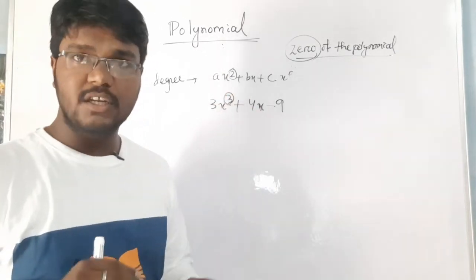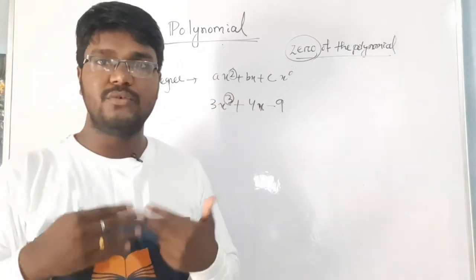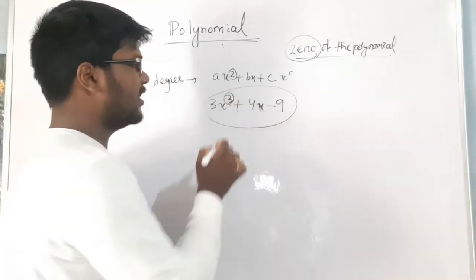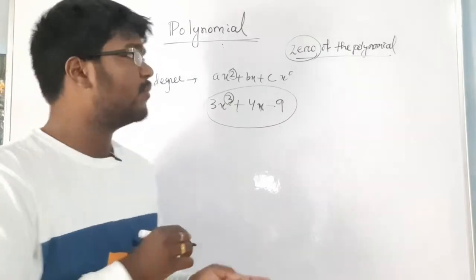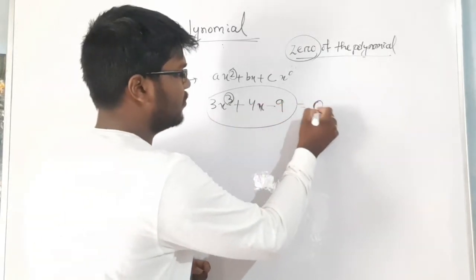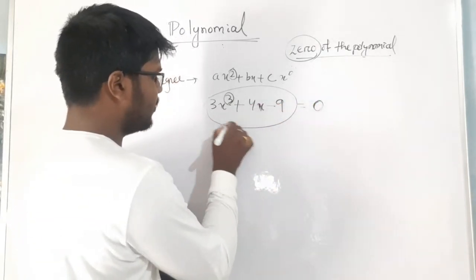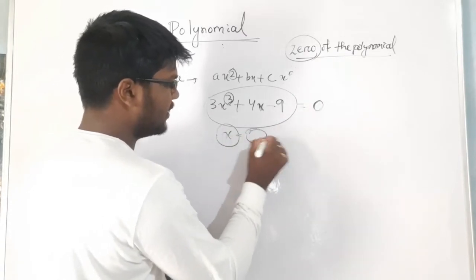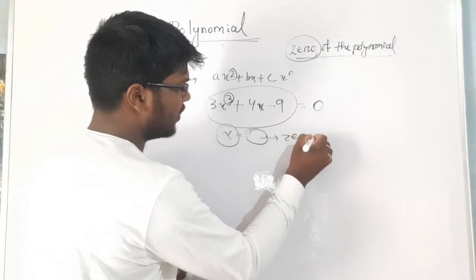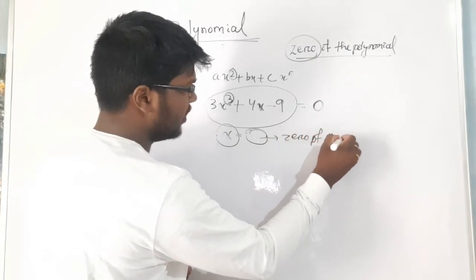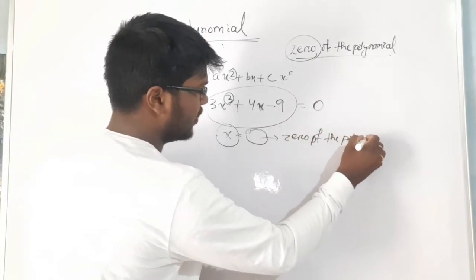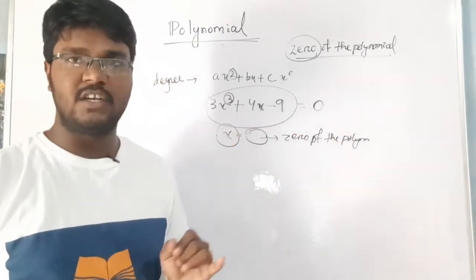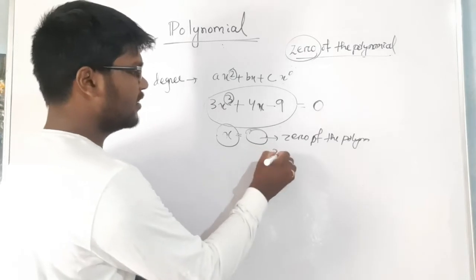And what is the solution? It means it will give the value 0. That means this polynomial is satisfied for the value of x for which we find its value equal to 0. Then for whatever value of x it gives 0, this value of x will be known as a zero of the polynomial. Here its power is 3, that means we will get 3 solutions, that means 3 zeros.